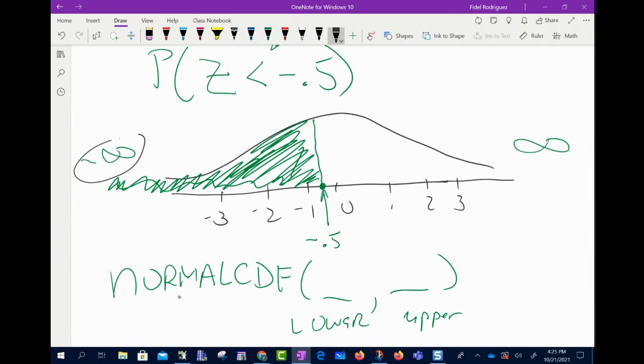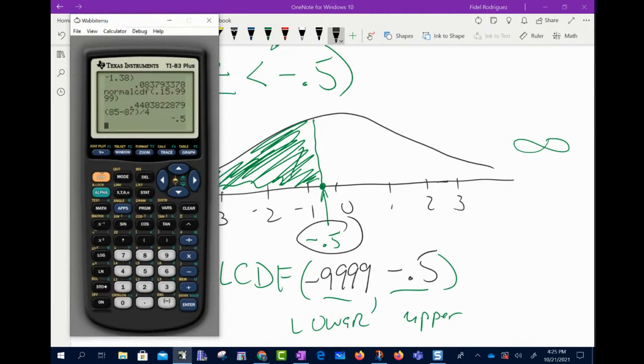Since I'm all the way over here to the left, I'm going to use my negative 9999, and then I stop at a negative 0.5. So we'll go second vars, scroll down to our normal CDF, use a negative 9999, comma, a negative 0.5, and hit enter, and we're coming up with a